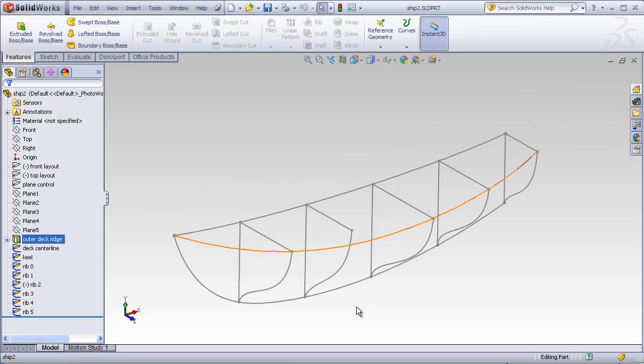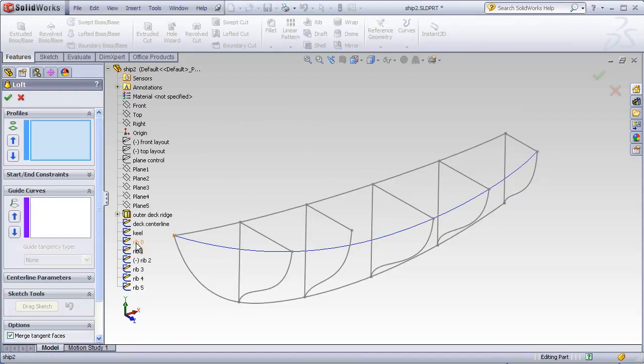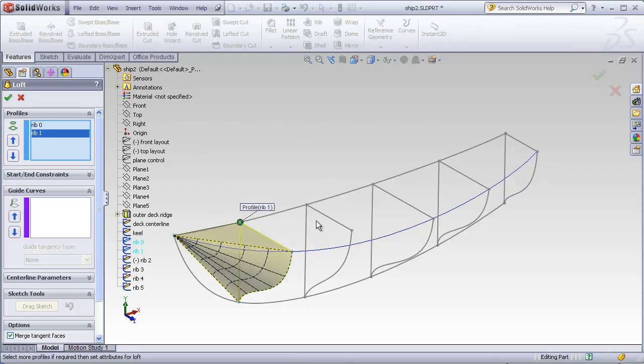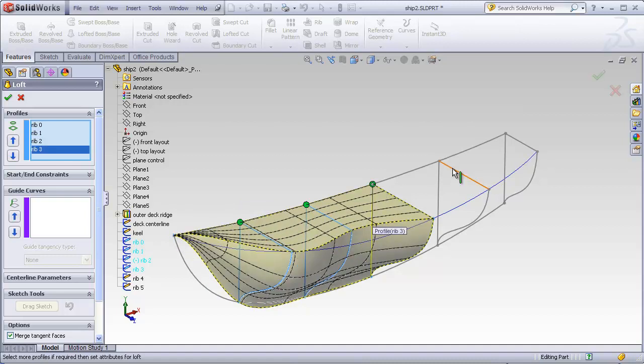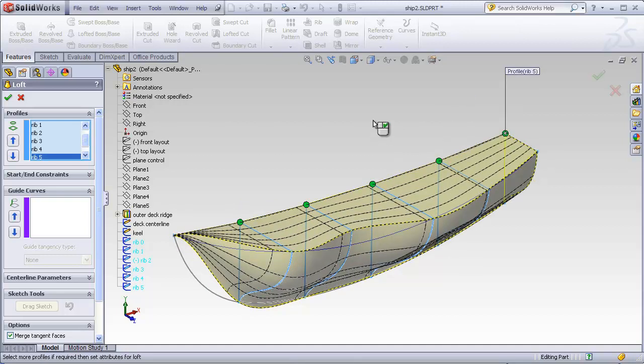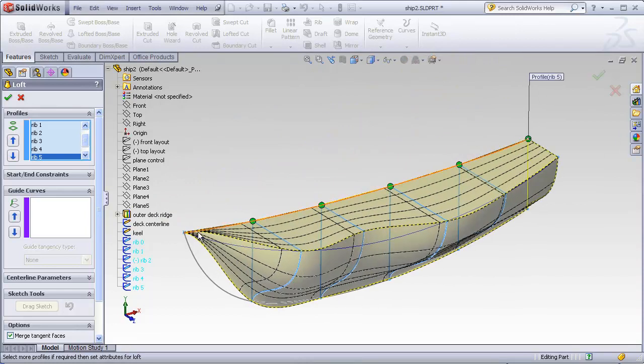So let's talk about some common problems that can occur when trying to make a loft. As I mentioned before, every profile has to touch every single guide curve. Here's an example where this profile is not touching this outer guide curve at this corner. We'll go ahead and try to make a loft from that. It has no problem making the loft just now because I haven't yet added any guide curves, but as soon as I try to add my guide curves,